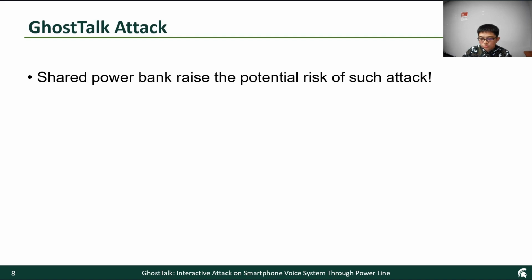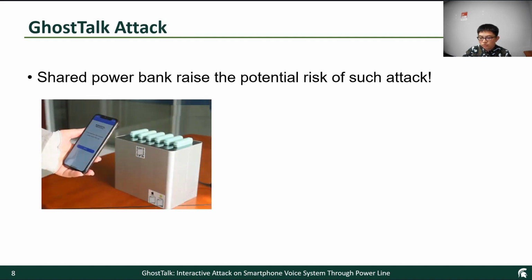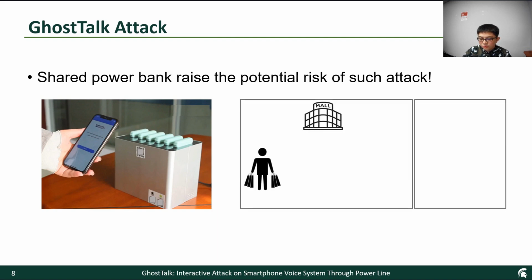Also, we noticed that it is practical to replace the charging cable in the shared power banks and launch the attack. The attacker only needs to rent and modify the power bank. The next user will become the victim of this new attack. We named this new attack GhostTalk since it's inaudible and interactive. Here is an example of a GhostTalk attack.